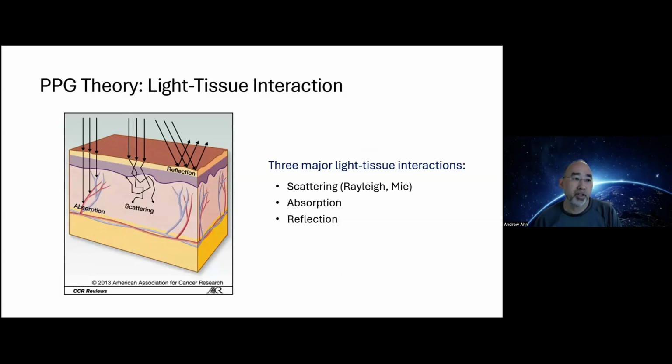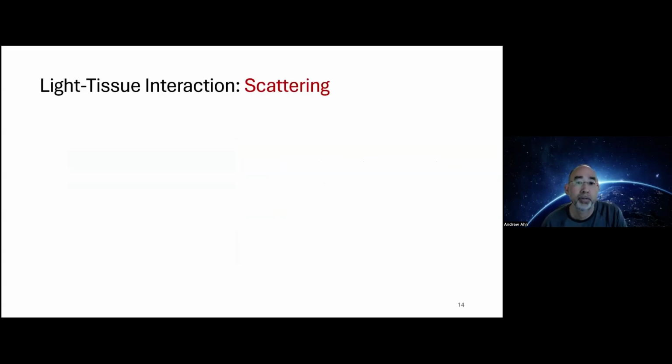Actually, reflection as a physics principle does not really occur prominently in PPG, because the different tissue layers have relatively similar refractive indices, typically around 1.3 to 1.4. So the small differences in refractive indices mean internal light reflection at tissue boundaries does not typically occur. When light enters human tissue with PPG measurements, it primarily depends on two of the three, scattering